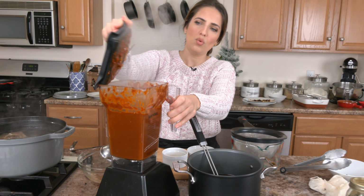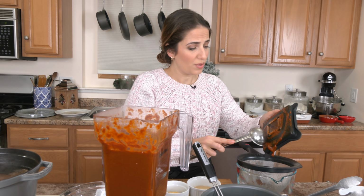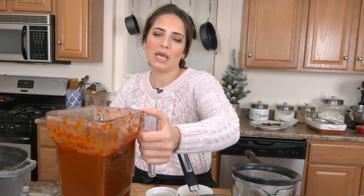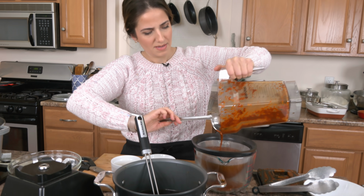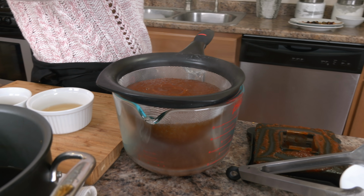That should be good. Ooh, it is steamy. Make sure, like I said, you strain this so that you get rid of any grittiness or anything that didn't quite blend perfectly. And I am gonna quote unquote rinse that out in a minute. You'll see. Add that straight in, and then because there's so much goodness in this blender, I just take a little bit more liquid,